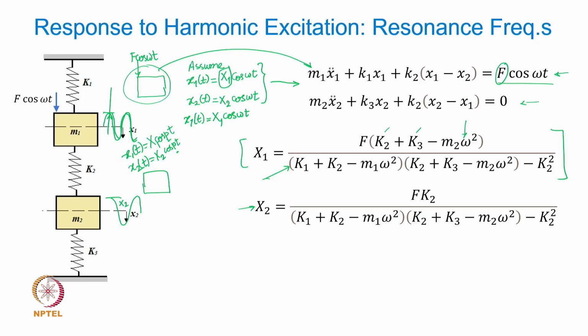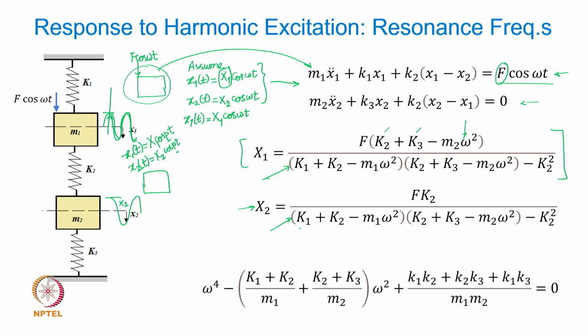When the denominator, this expression, is 0, amplitude will reach theoretically infinite value. Huge amplitude. And if you notice, these two denominators are just identical. These are identical, and in fact if you solve this denominator equal to 0, you actually get the frequency expression,